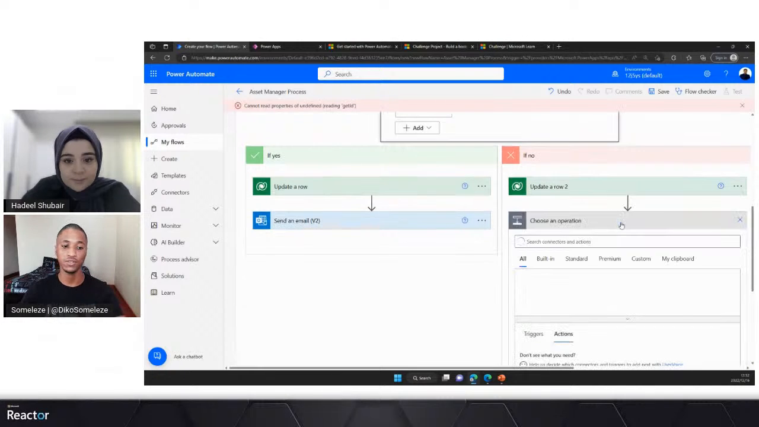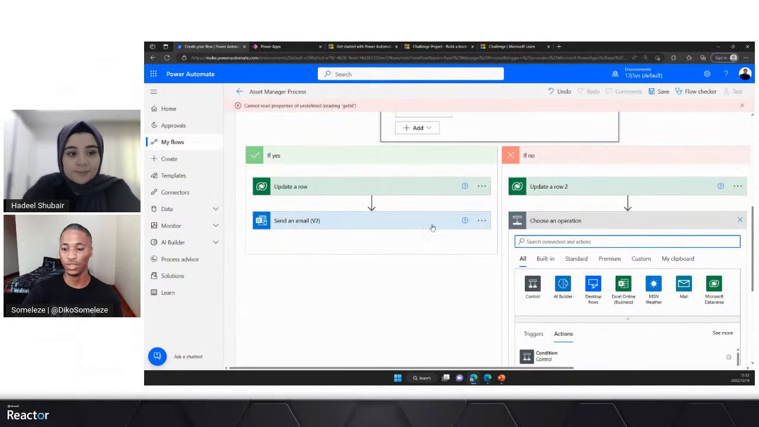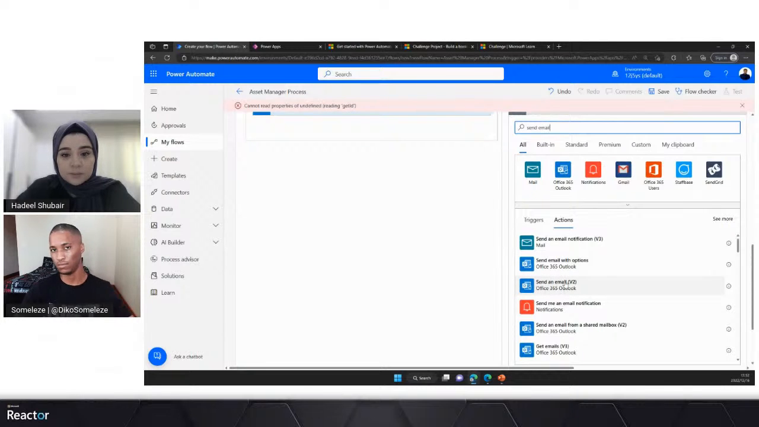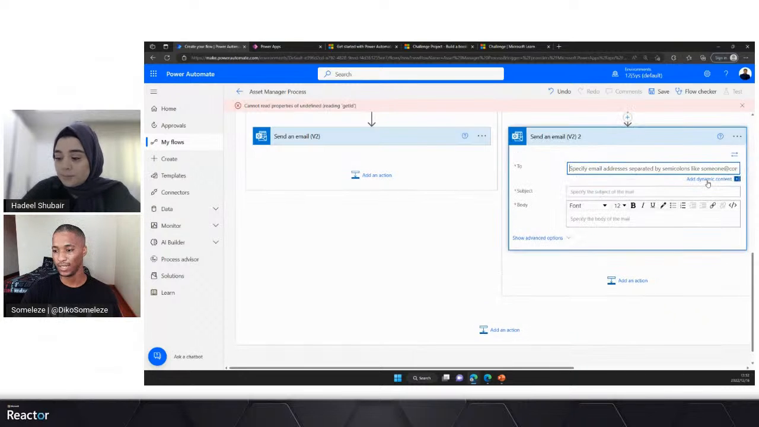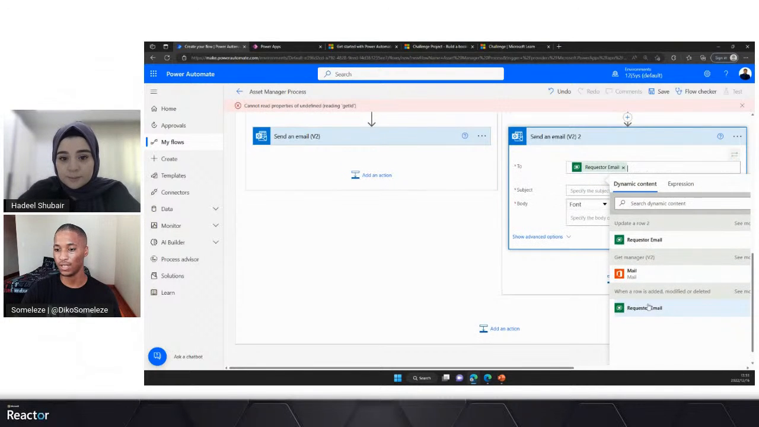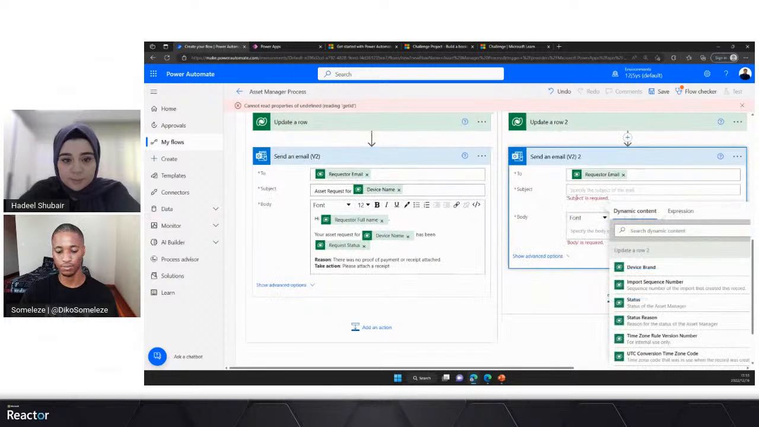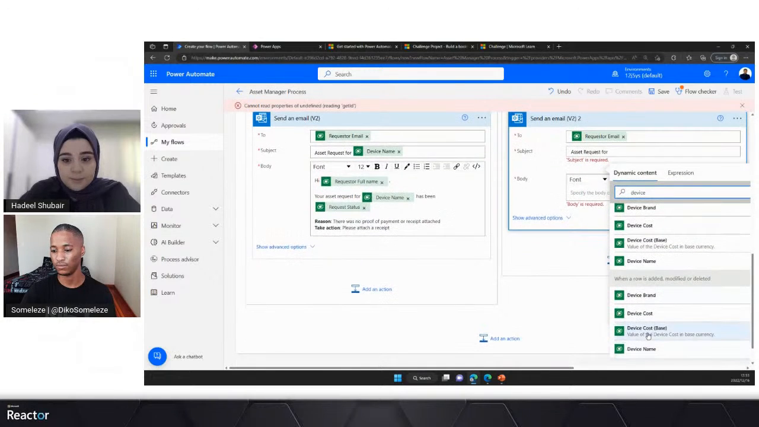the second one. And then you want to send an email to the employee again. So you're gonna search for send email, and then you're gonna see the actions available to you. So I'm gonna choose send an email V2, and then again, add dynamic content, and then I'll choose request an email from the trigger. The subject is, I am just gonna quickly copy this and just put it here, request for, then I say device name,